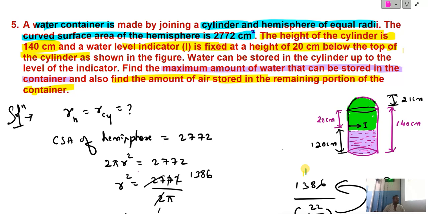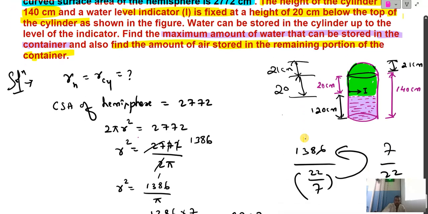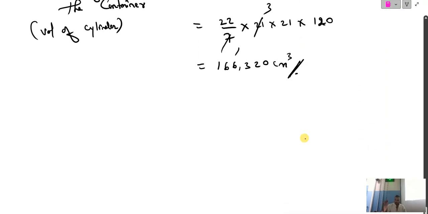Can you see the green portion? So the air is filled up to the height what? From here to here, 20 centimeter. From here to here, 21 centimeter. It means volume of the cylinder plus volume of hemisphere. We have to add both the volumes. That much amount of air is filled in this water container. Am I right? Yes. So how much amount of air is remaining? How much amount of air is present? So we can say amount of air